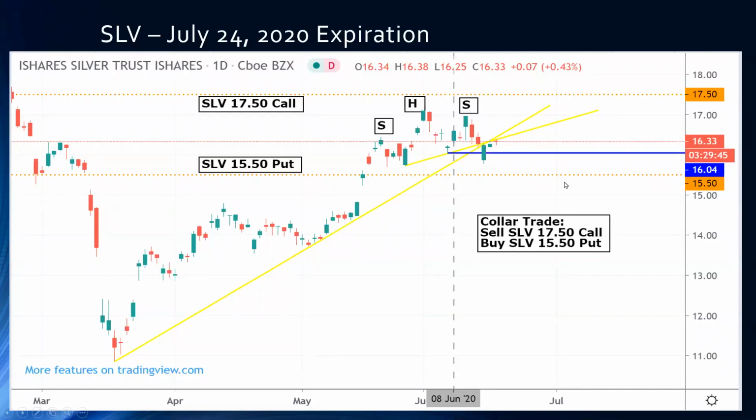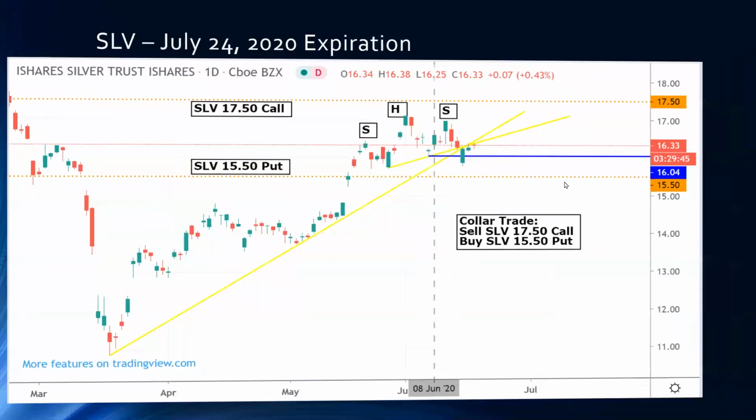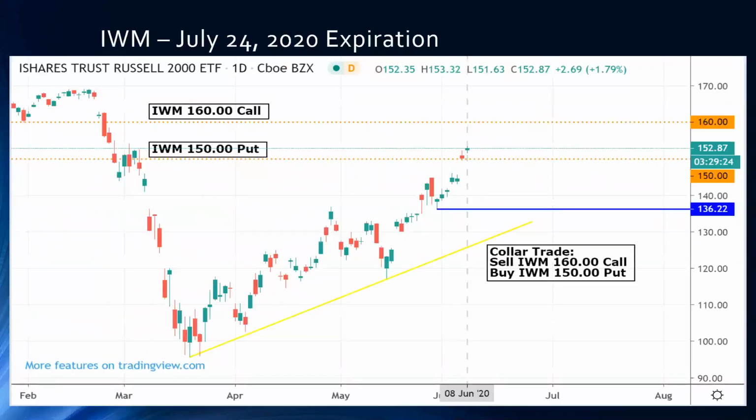So that's how you can trade another big broad market sector without using expensive derivatives and risky derivatives. Now we have the Russell 2000 IWM ETF as well. Here's another example where, at the same time period, we had the 160 call and the 150 put, which means for your collar trade, you sell the IWM 160 call and you buy the IWM 150 put. You can see how this was in the same type of scenario. We marked a last low, a higher move low here, as a support base and a target area. And this will be another market that has high liquidity, and it's a broad-based index that can help you participate at a very low cost in these markets.